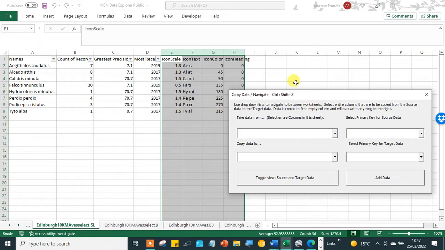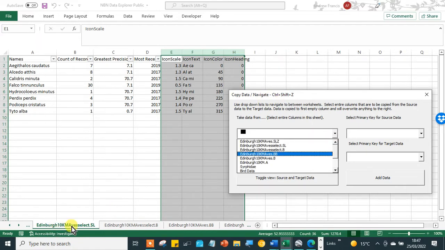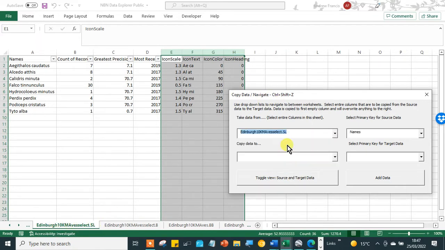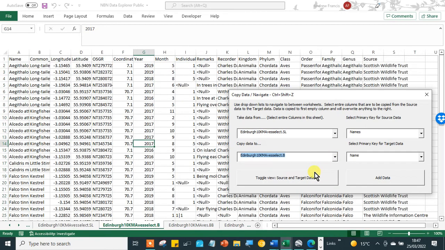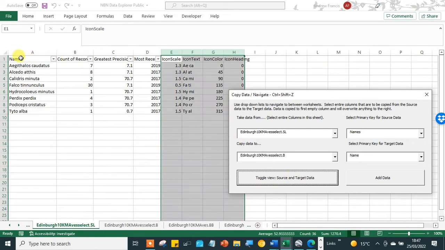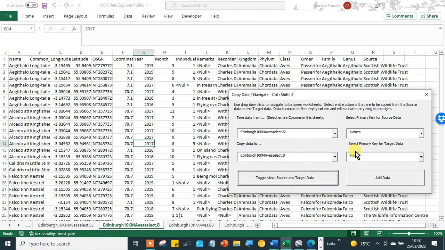In this case it doesn't, and it's also automatically opened the Control Shift Z easily transfer data, or whatever it was called. It was called something like that. So I want to take this. I'm taking it from AV Select Species List, and I'm moving it to .b, moving it to this. I'm uniting it using the names column and the name column. So add data,